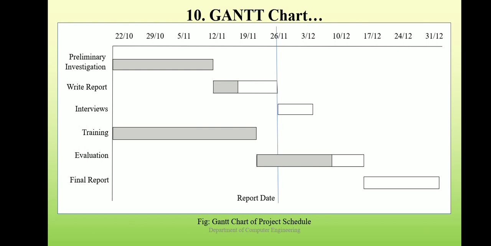The gray color shows the task completion. Similarly, for the right report, its start date is 1211 and its completion date is 2611, but it has been somewhat completed till 1911. It is shown using gray color. Okay, you can clearly see it. Similarly for other attributes also.